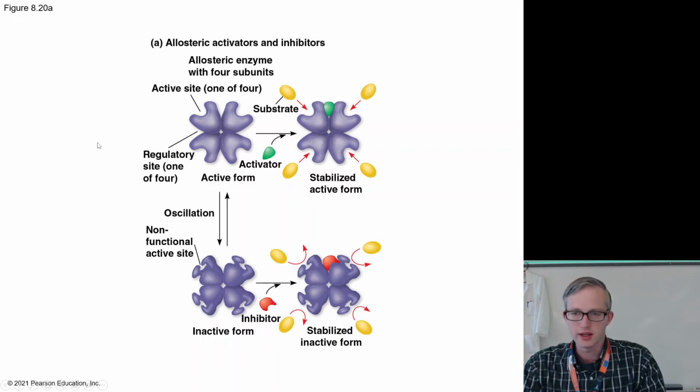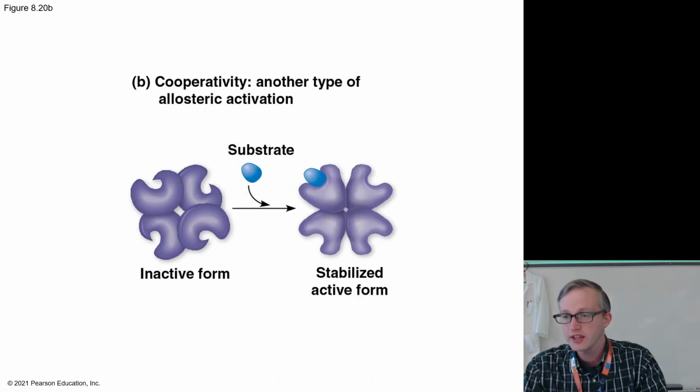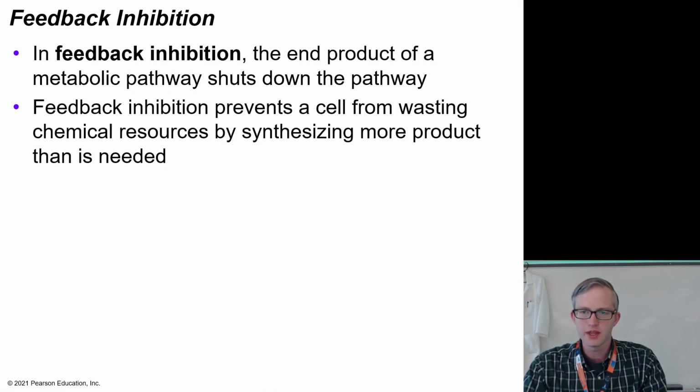So inhibitors and activators can work in tandem with one another and would work in kind of an obvious way based upon their name. Cooperativity is an interesting example where you have one substrate that comes in and that causes a change in shape of the enzyme that allows the rest of the substrates that it might be acting on to bind. Not going to be tested by us, but it's a cool topic.